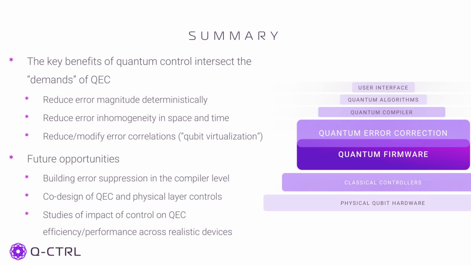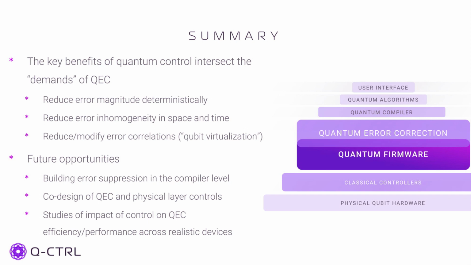That even if you can do proofs that show that quantum error correction still works in the presence of correlated noise, you seem like you may get a benefit in terms of resource efficiency by preconditioning, by virtualizing the error model to look more like what is conventionally assumed in a quantum error correction analysis for some asymptotic